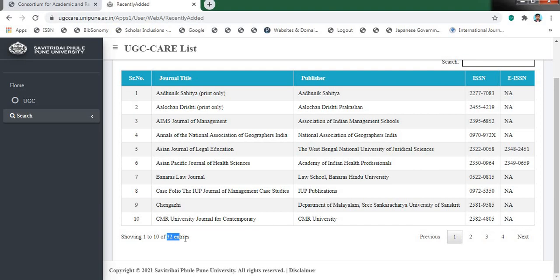In the April 2021 update, that is as of 1st April 2021, no journals were newly added into UGC CARE list group 1. All these 32 journals were added in UGC CARE list group 1 as of 1st January 2021. So overall, the update made in the UGC CARE list as of 1st April 2021 is journals discontinued or removed. That is, 13 journals have been removed from UGC CARE list group 1 as of 1st April 2021.